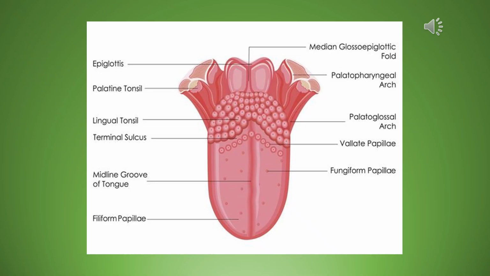A little farther back, larger, shaped like mushrooms, consequently called fungiform papillae, shaped like mushrooms. These do have 2 or 3 taste buds per papillae. So the fungiform papillae do participate in the sense of taste.